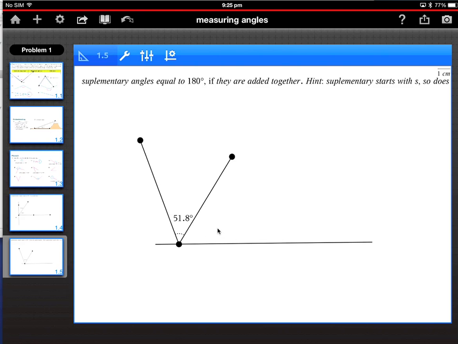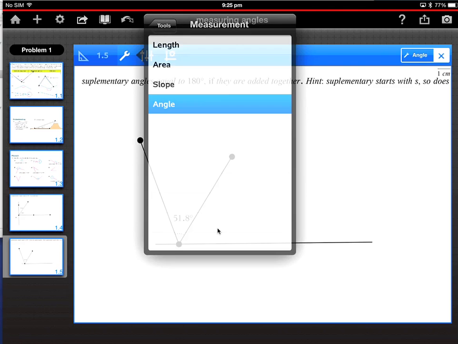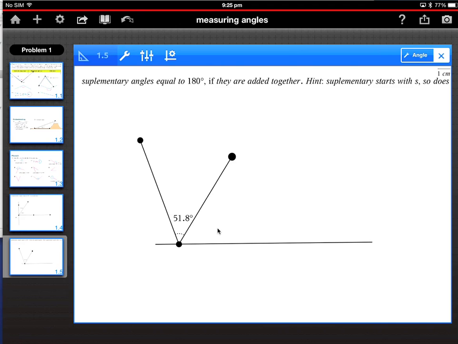Just going to shift the 58.1 to that angle. We're going to measure another angle, that, and then that. 58.1, 58.1, and 51.8,